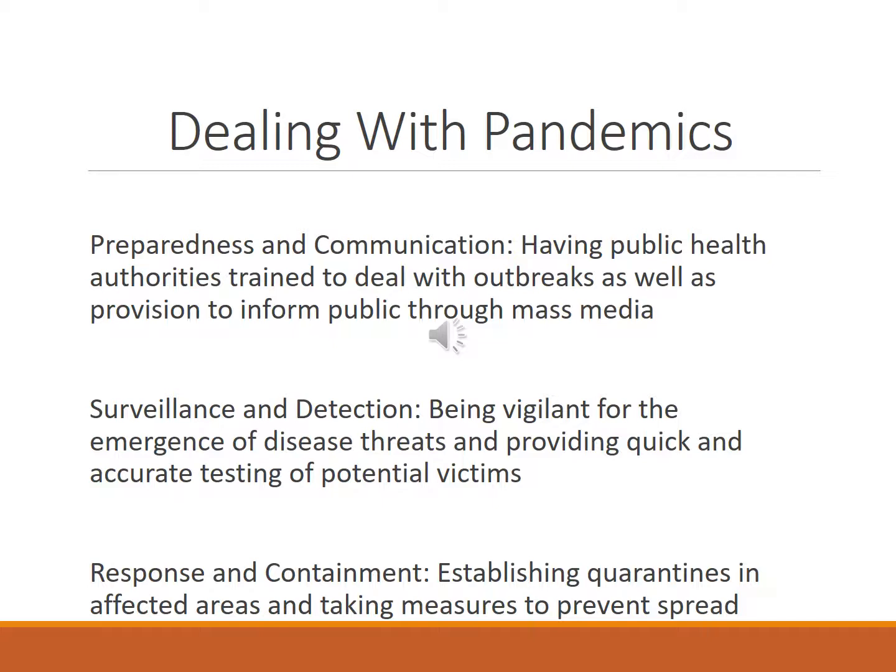First, a state needs to have preparedness plans and be able to communicate clearly. In the United States, for example, we have preparedness plans in place for pretty much any possible outbreak of any infectious disease that's most likely to break out here. The second part of this, communication, is the tricky part because mass media today doesn't know how to approach these problems with any degree of candor or calm.